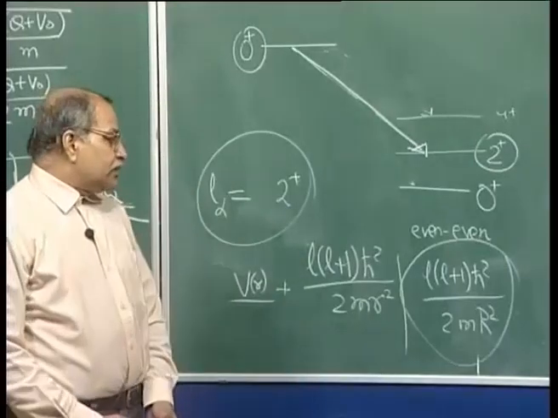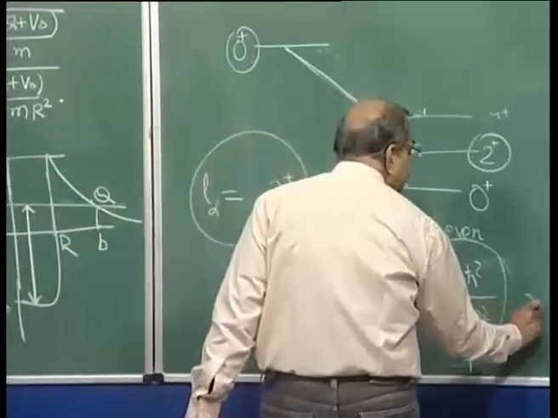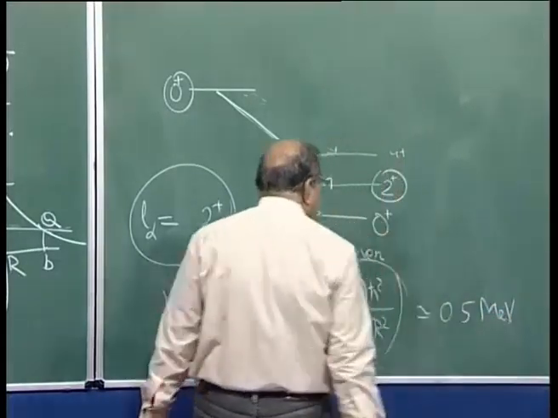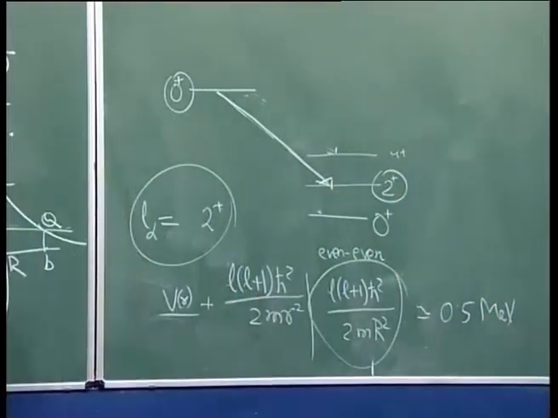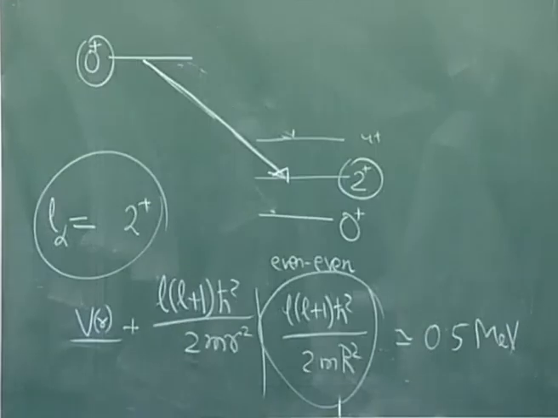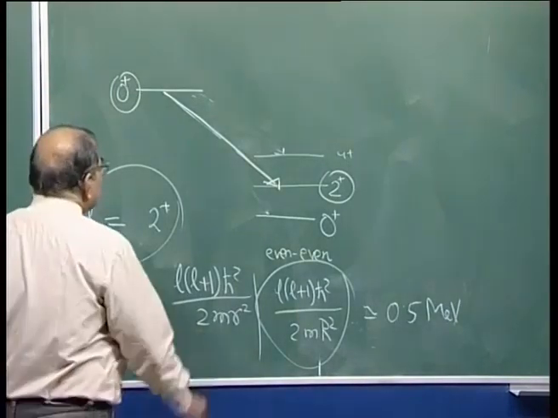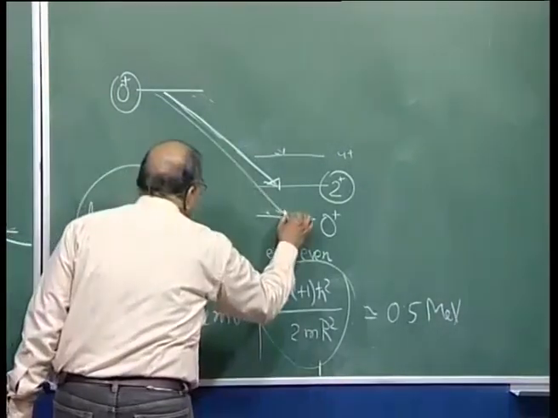So, you can make a calculation, and this would be something like 0.5 MeV. Now, the barrier height is increased, that is one. Second thing, if it falls to the ground state,